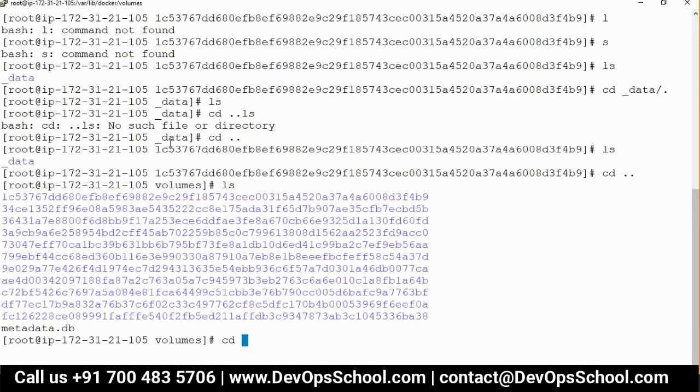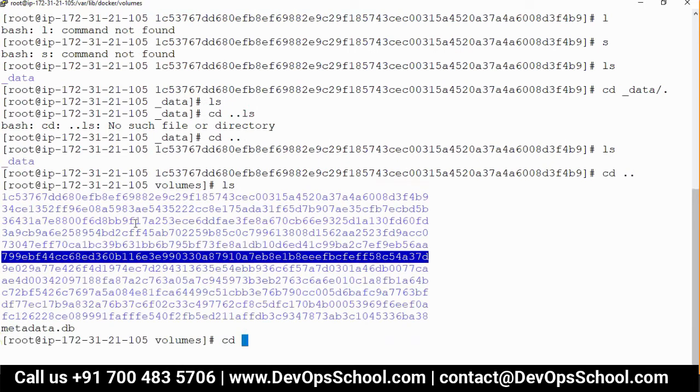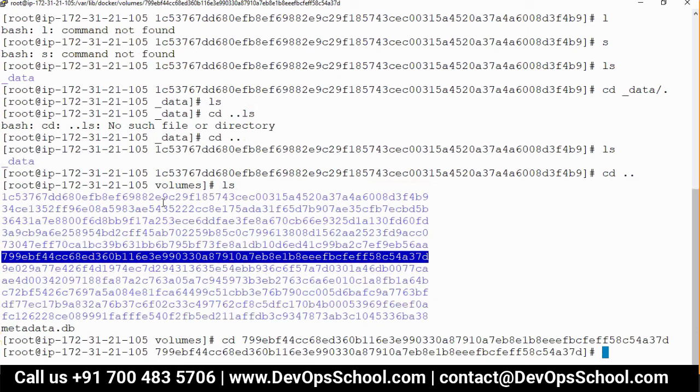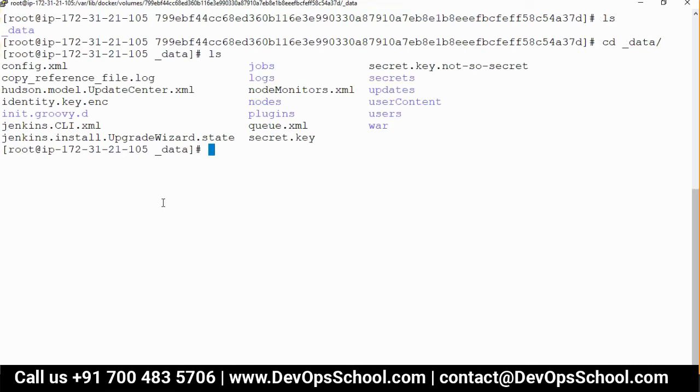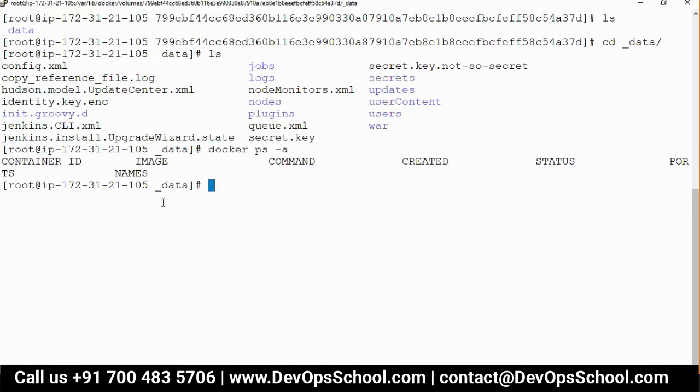Let me check another one. Get comfortable. Do you know what this file is for? Jenkins Dockerfiles. Right, yes. So guys, you don't have any Jenkins container, you see here. Don't have. But the data is here.